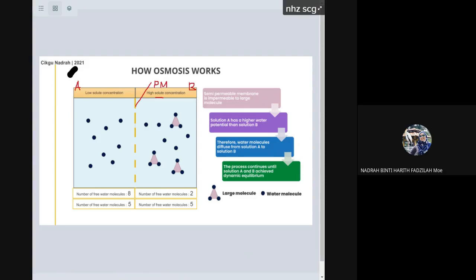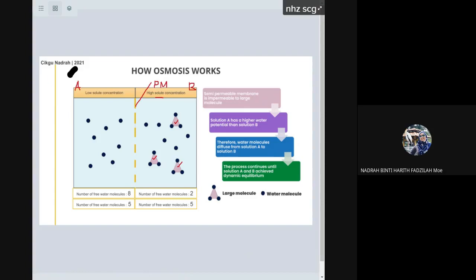Sebab ada 3 solid kat sini. 1, 2, 3. So number of molecules here in solution B is 3, whereas in solution A tak ada solute langsung. Therefore